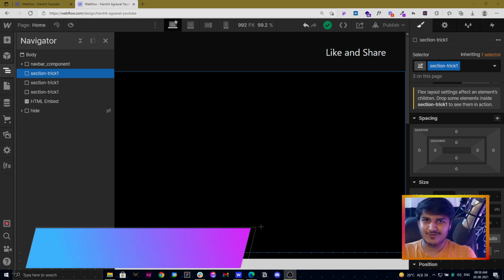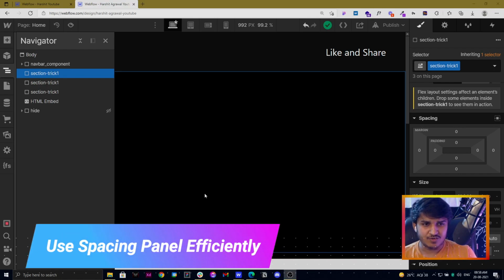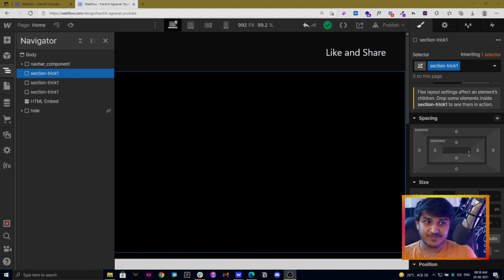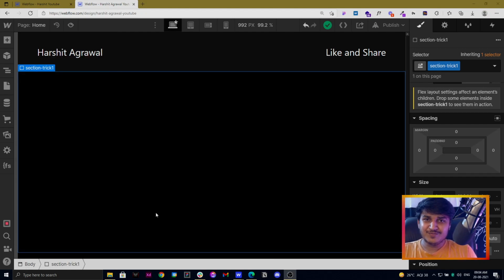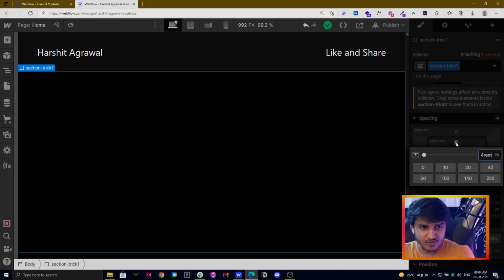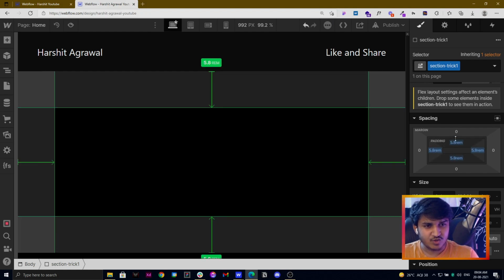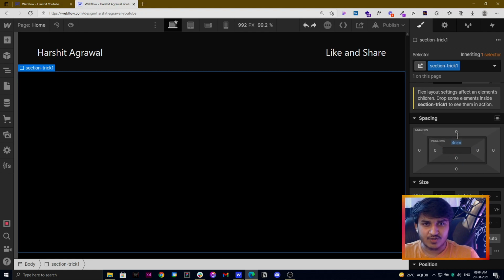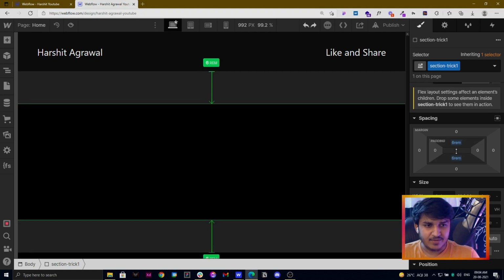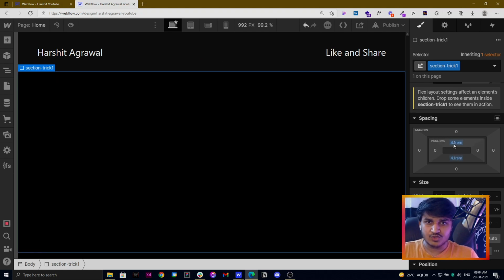So the next trick is about applying paddings or margins or using this spacing panel in our website in a more efficient way. I am assuming that you already know the shortcut keys of Webflow to change the paddings or margins on opposite directions or on 4 directions. So if I have a div block, let's say section trick 1, if I have a padding of 4 rems on all of the sides, I can hold shift and change it to make the change on all of the directions. And if I want the change to be present on opposite directions, I can hold alt and make the change. I think this is one of the most used Webflow shortcuts,